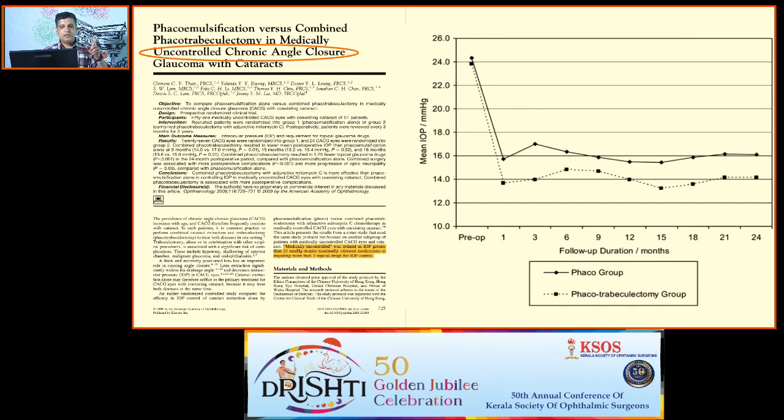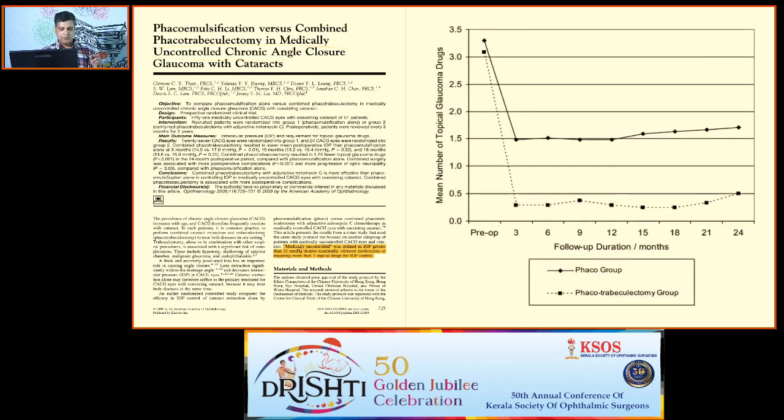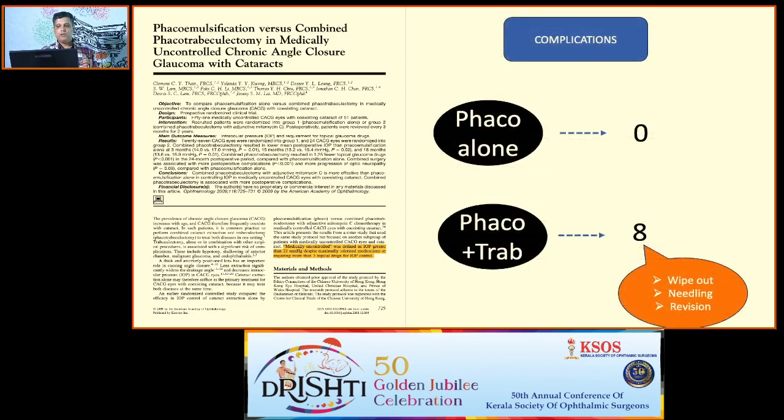But the biggest difference happens not in terms of the mean IOP, but in terms of the number of post-op medications. In the phacotrab group, practically with no medications, you could get low target pressures. But in the phaco alone group, you will require some degree of medications to keep the pressures under control. But again, the phaco alone group had no reported complications, because they reported PCO as a complication, I'm not even including that here. But the phaco plus trab group included complications that included minor things like needling and major things like wipeout in 2 patients and